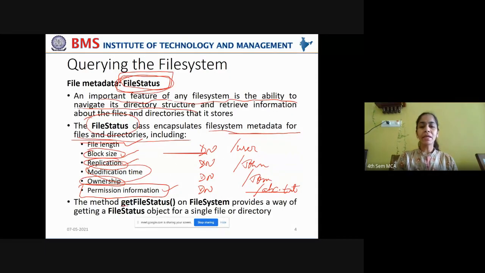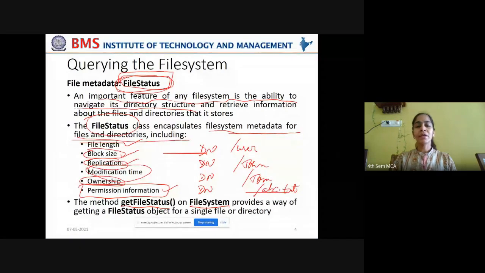Now the method getFileStatus on the FileSystem class provides a way of getting a FileStatus object for a single file or directory. If you want to know the metadata about a single file, or the metadata about a directory, that can be obtained by using the getFileStatus method from the FileSystem class.